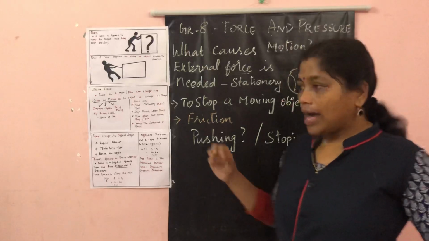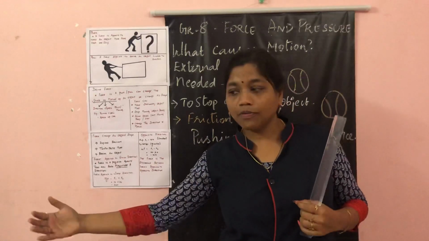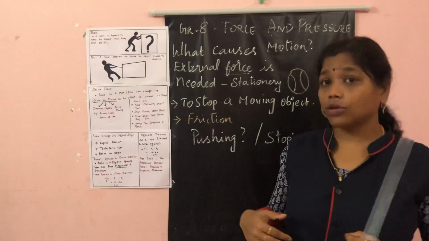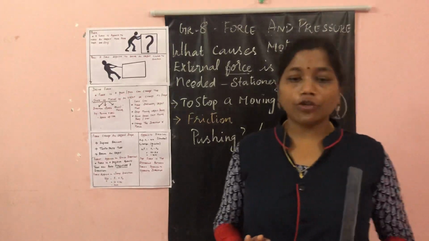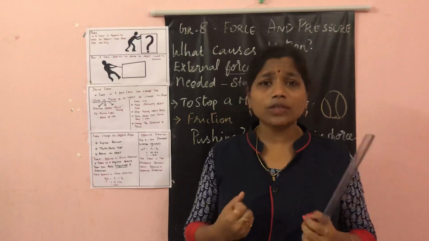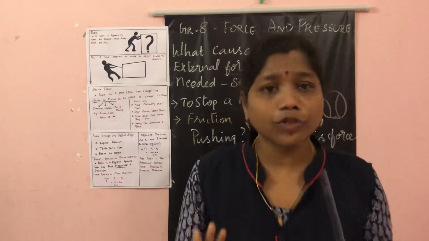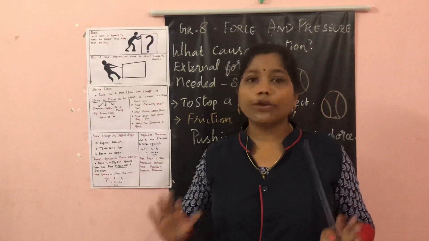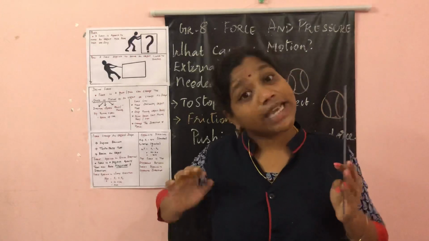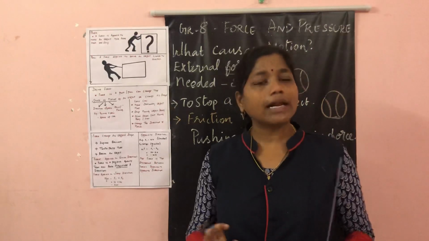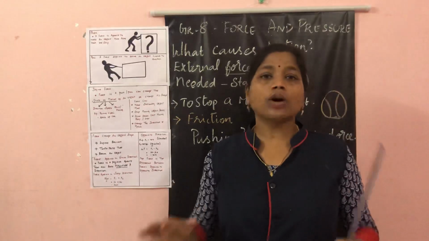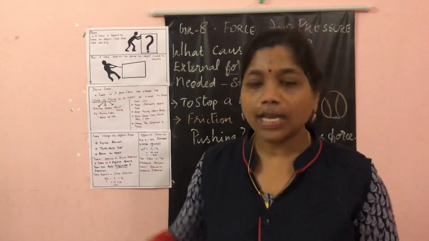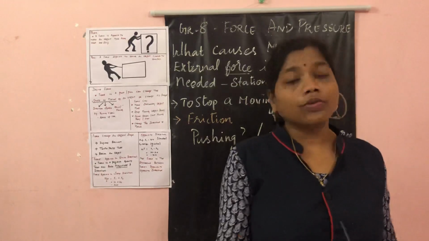Now I'm taking myself and one kid from my class. We both are standing over here. I am going to push a box, and he is going to push the box. How much force can each of us apply? Now, how to calculate it? I am force 1, he is force 2. I am giving 10 Newton of force and he is giving 20 Newton of force.